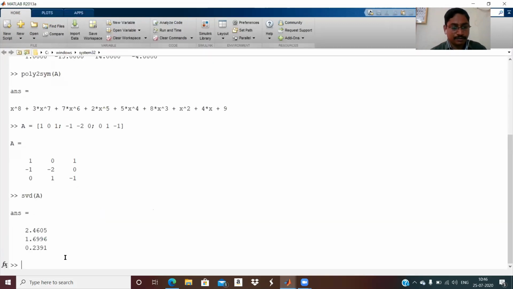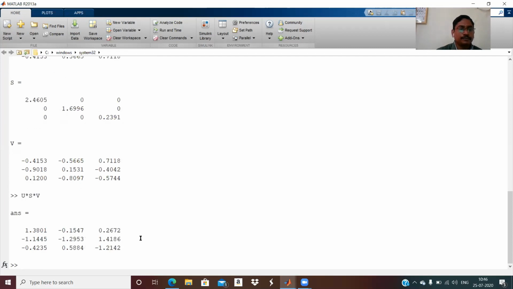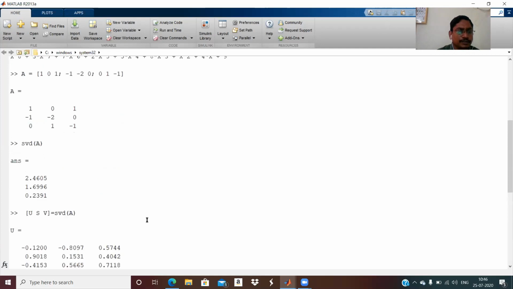This is the command to find the SVD of that matrix. So this is U, and you can check the product U star S star V. It was A.